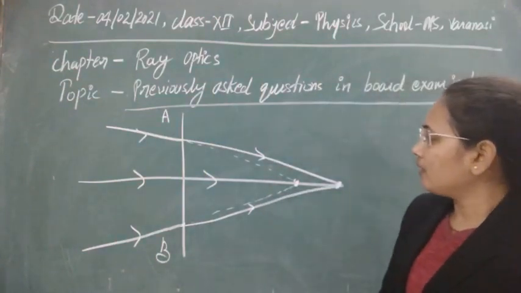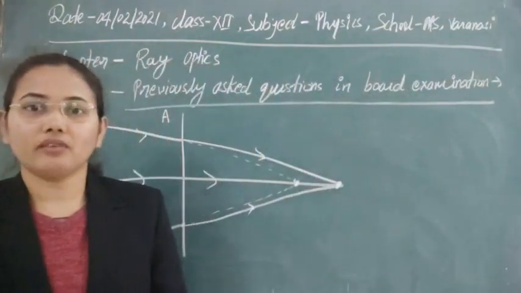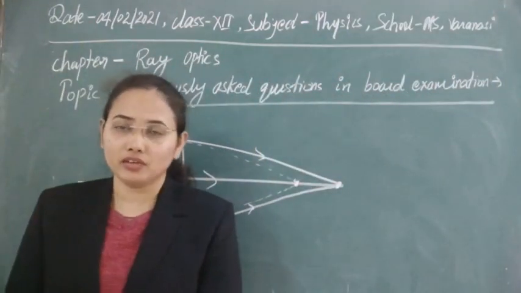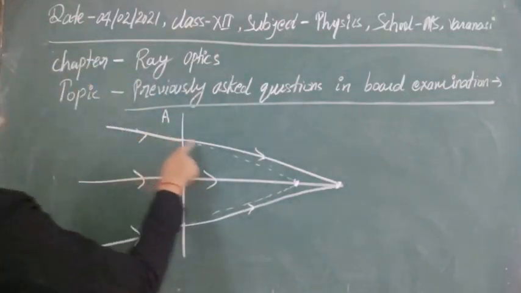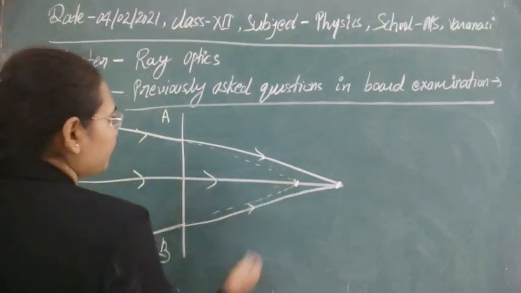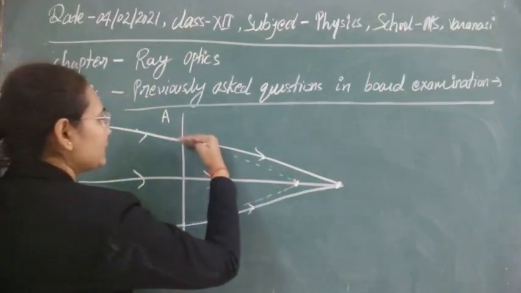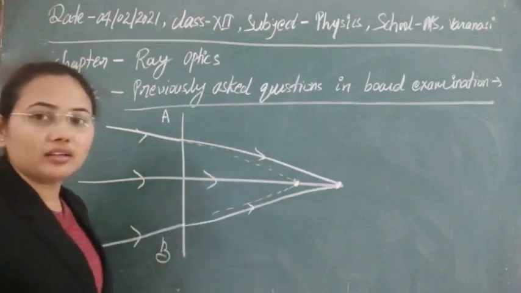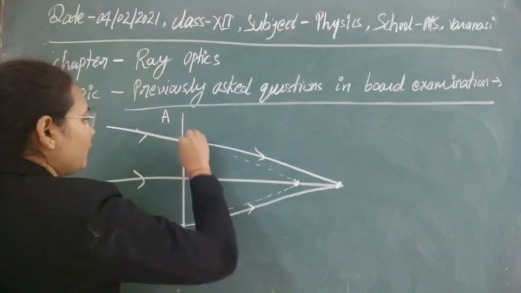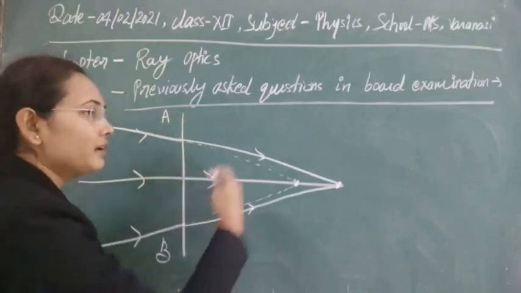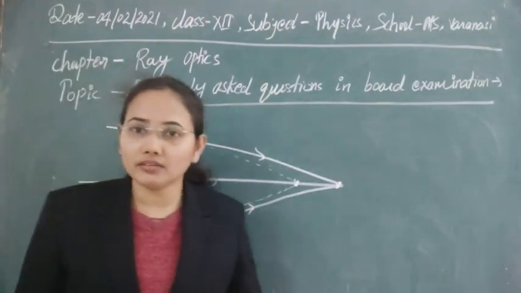Simple. On one side someone will say that it is a convex lens as the rays are converging, but as you can see in the image formation here, after passing through, the rays are not converging but diverging. If you draw the normal to this surface, you can see that the rays are going away from the normal, meaning the rays are diverging here, not converging.